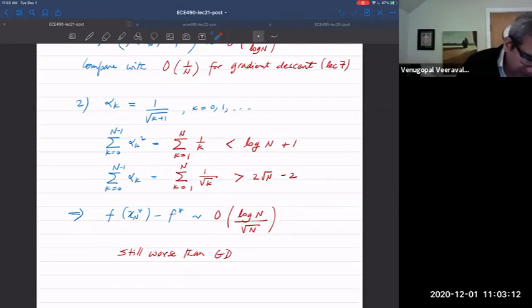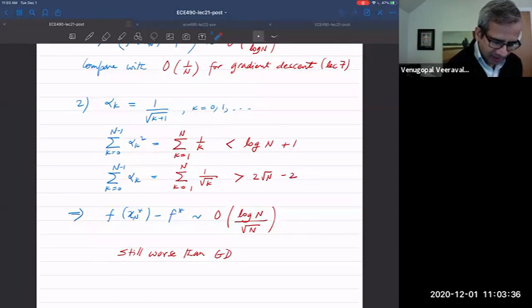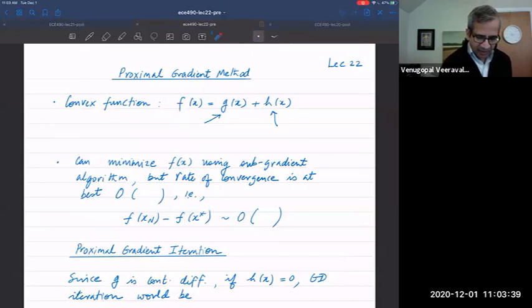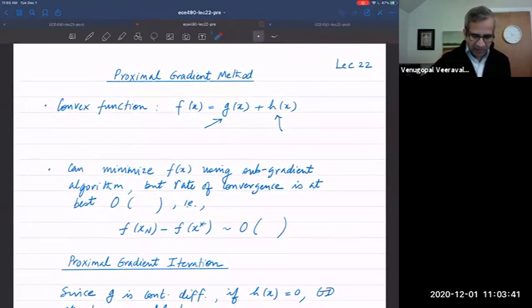So today we are going to discuss a way, in some special cases, to do better. In general, you can't get around the 1 over square root of n, but in some special cases, you might be able to get back to the rate of convergence you get when you have a gradient. That's what we're going to talk about today. It's called the proximal gradient method. The reason why these kinds of methods have become popular recently is because in many applications, you do have